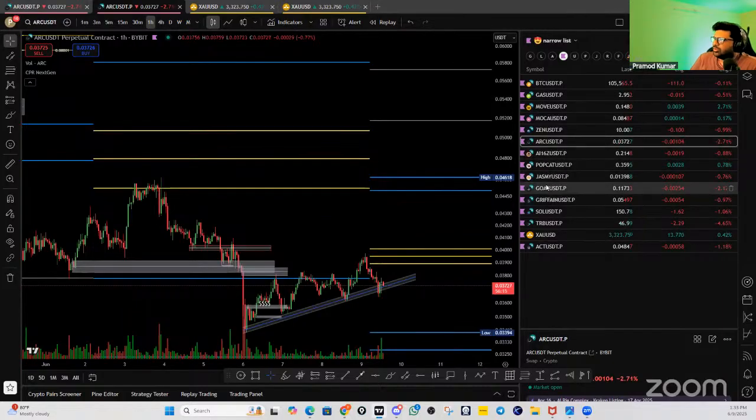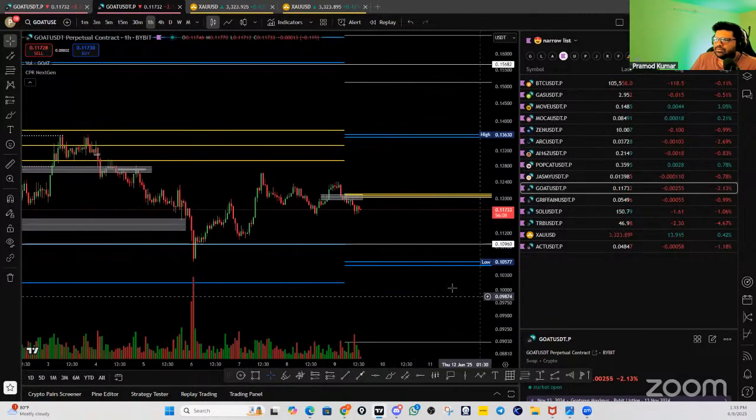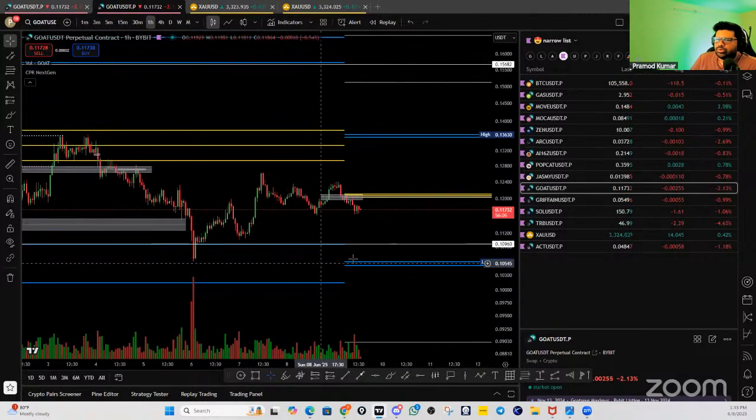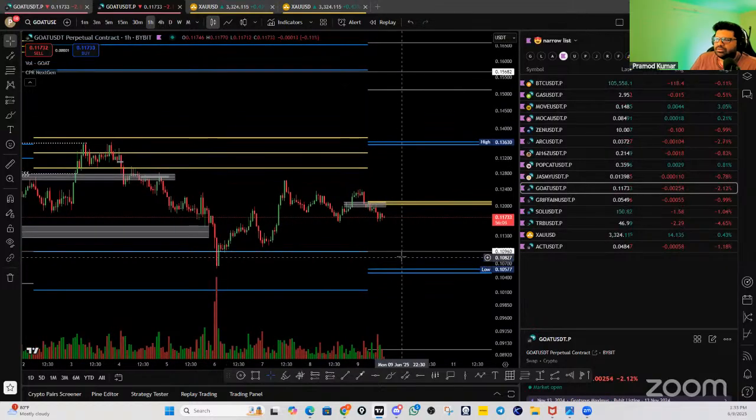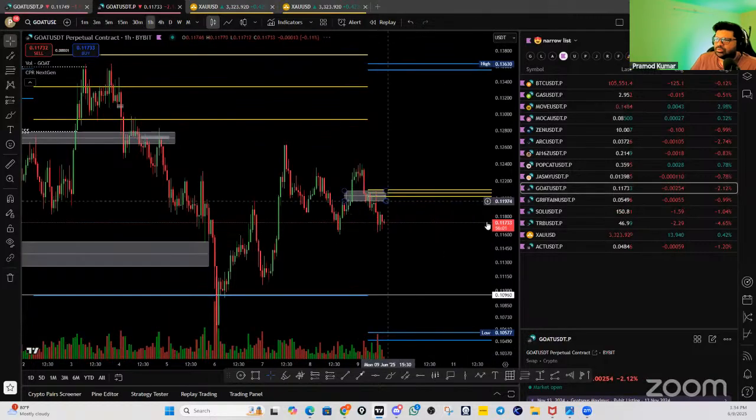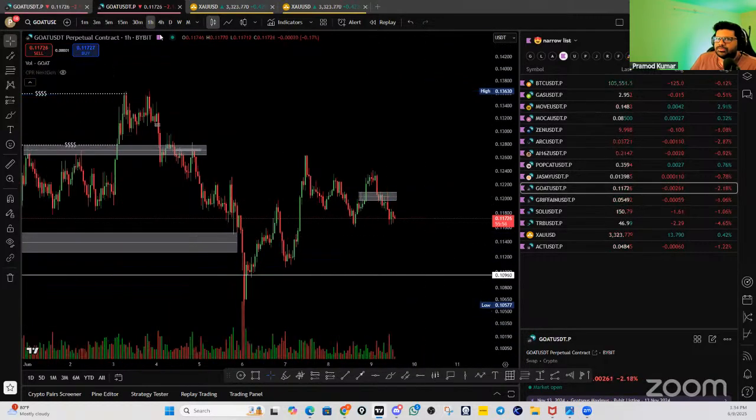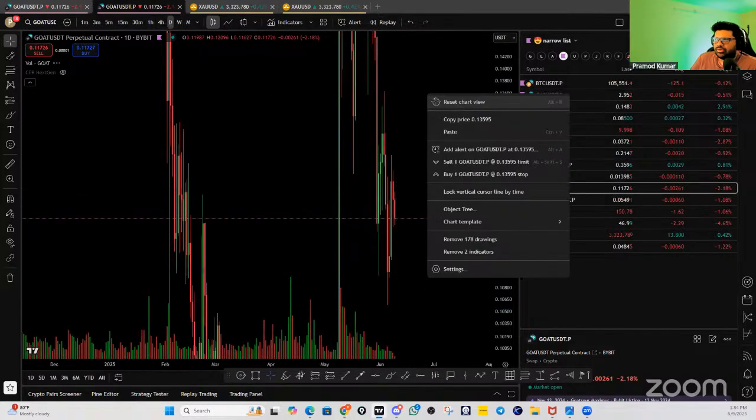So most of the tokens we have are super narrow. Can expect a good move. GOAT we have, compared to all tokens, GOAT we have good narrow. Like others, they are just narrow. The GOAT one is super narrow. Okay, so what we can expect here, according to the daily time frame,